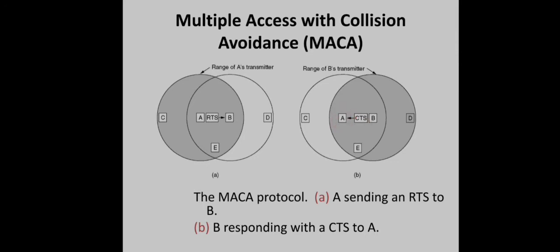Let us check whether our issues, like the hidden node problem and the exposed node problem, are actually solved using these two frames. Let us take the case of C. C is within range of A but not B. So it can hear the RTS from A, but it does not hear a CTS back. When it hears an RTS from A, it will wait, because it understands that A is requesting permission from some other node. So C will wait for a CTS.